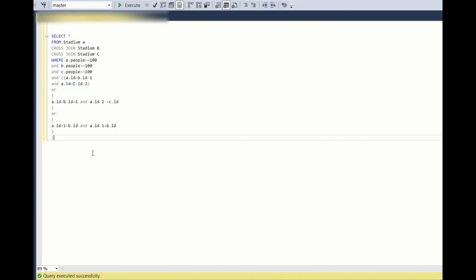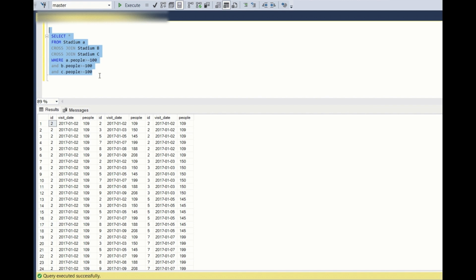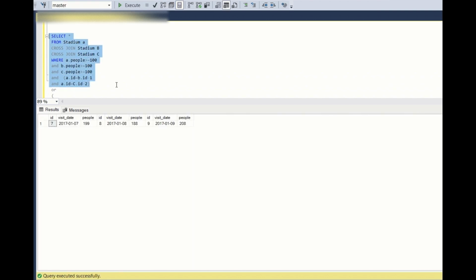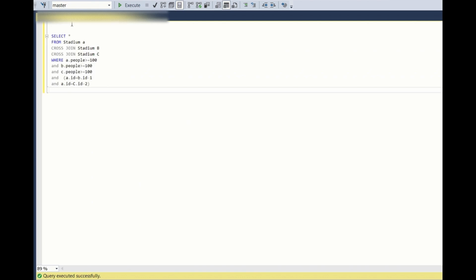Okay, instead of using all these conditions, let's use this select star, and let's use only the first condition. We are getting 7, 8, 9, right? So now what I will do, instead of doing like this, I'll write select a dot star